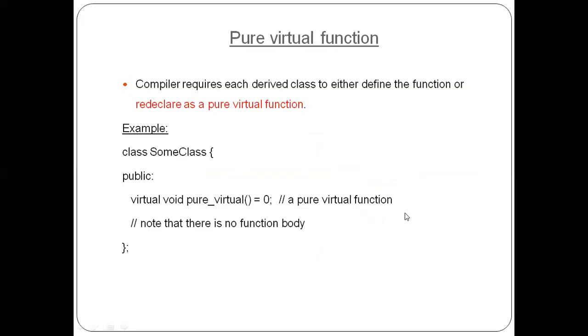Sir, what if there is another function other than the pure virtual function in that class? Yeah, no issue. That particular function is treated as a normal function. Then to call that function we have to create an object, no? But the basic concept with respect to abstract class is, if that class contains one pure virtual function, then for that class we can't create the object. But if you want to access that function, we can access it with the help of a base pointer as well as a reference.